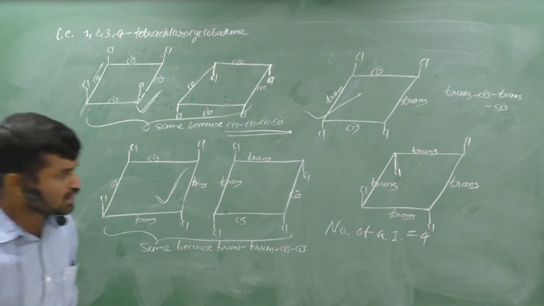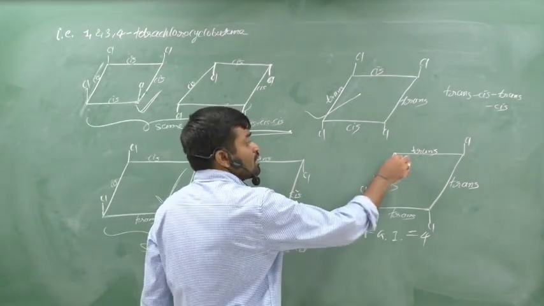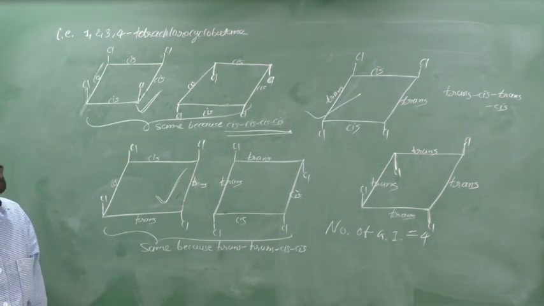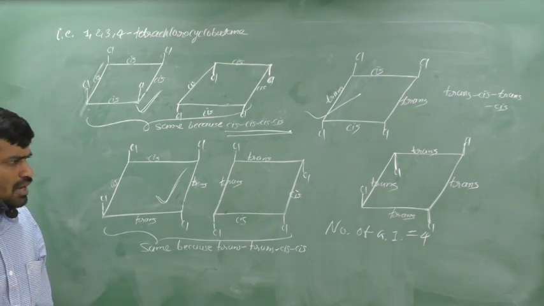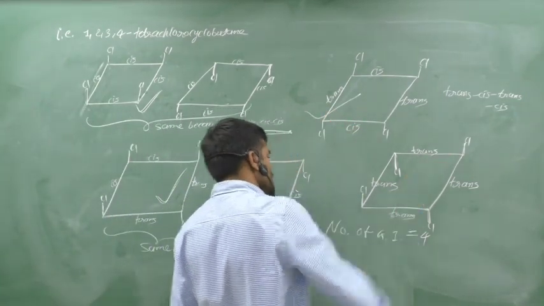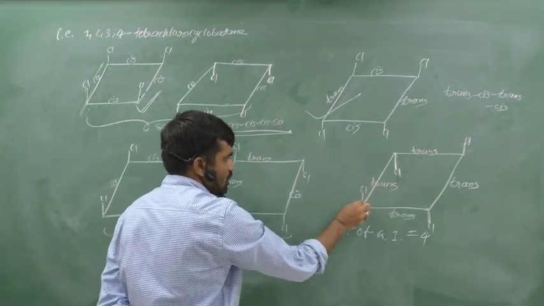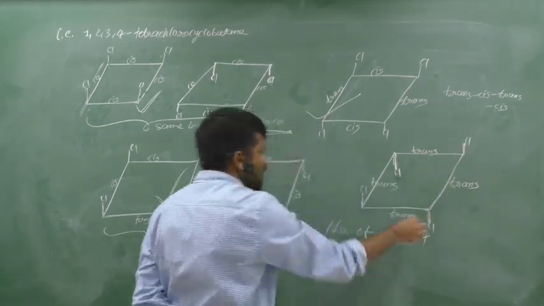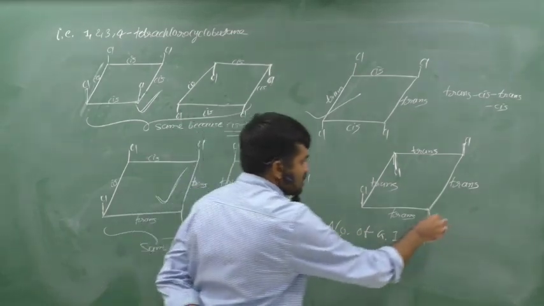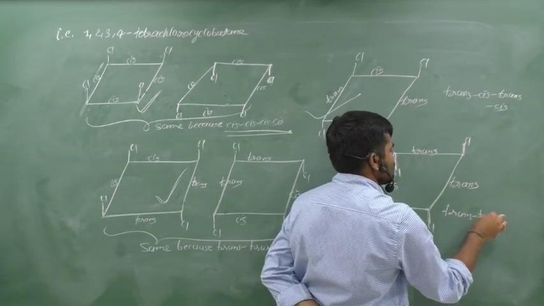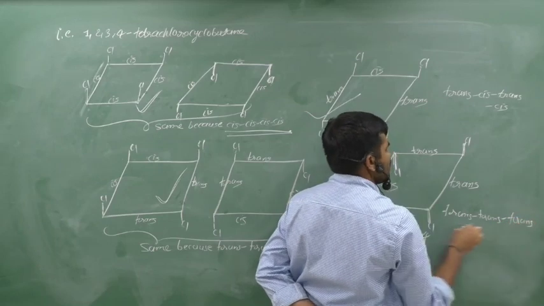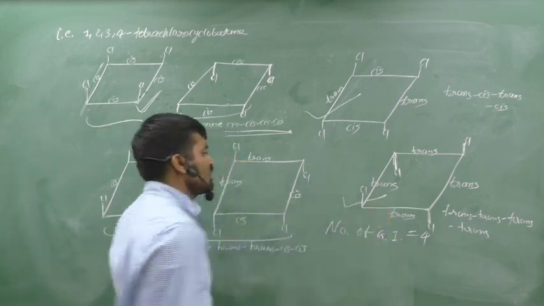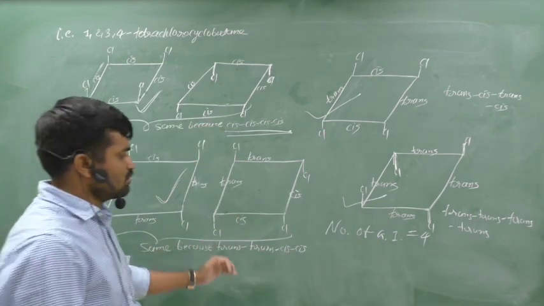Clear? And the last possibility is upside, downside, upside, downside. We can arrange the chlorines in the sequence of up, down, up, down. Clear? Upside, downside, upside, downside. It is trans because up and down. It is trans, down and up. It is also a trans because up and down. It is also a trans because down and up. Therefore, the geometry is trans, trans, trans and trans. It is the fourth isomer because trans, trans, trans is different from the others.